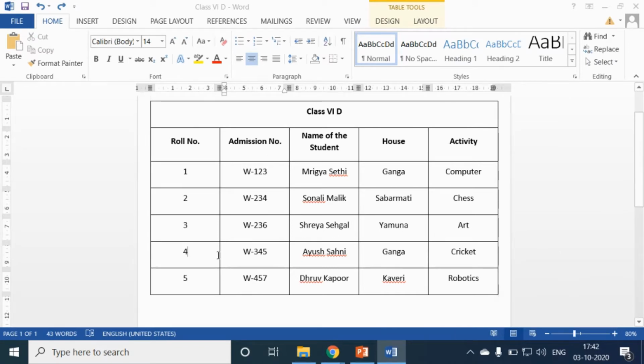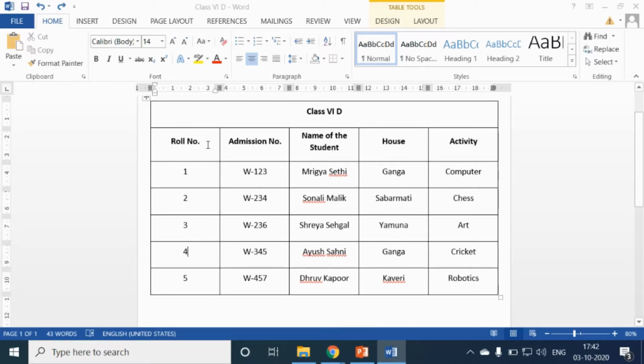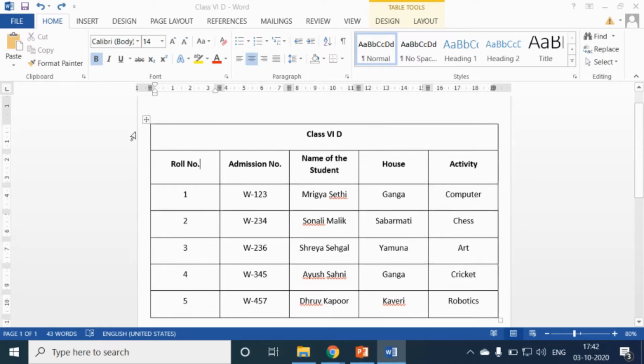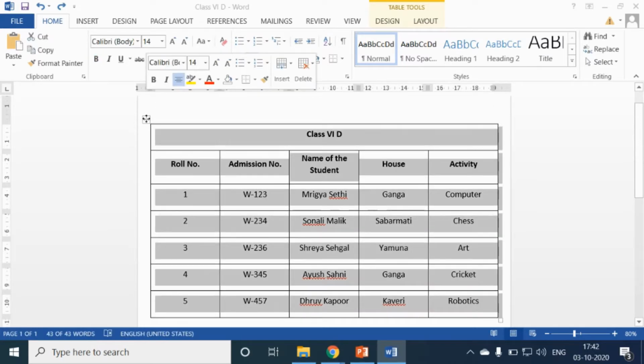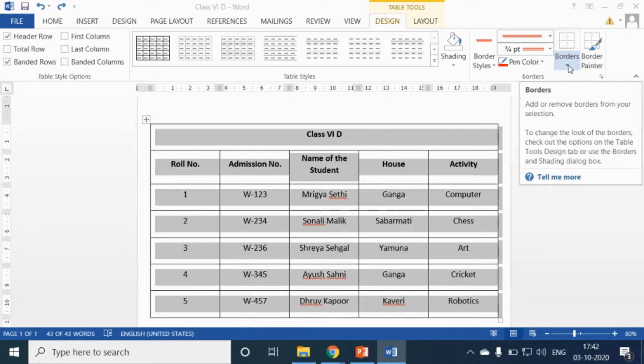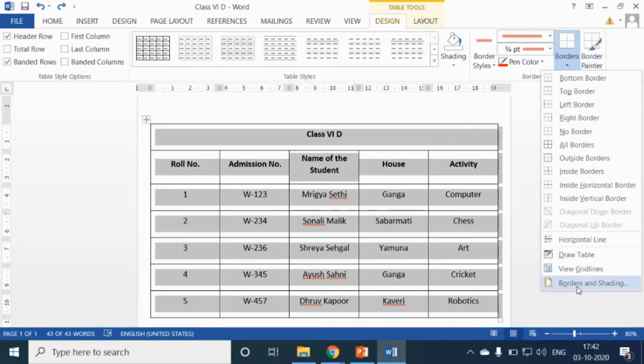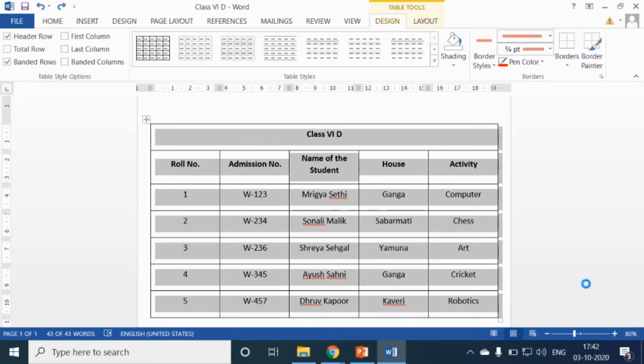First of all, position the cursor in any cell of a table to apply table border or select the cells to put border across them. So, students, first of all, select any one cell or you can select the whole table from this box given. Okay, students, so you can see our whole table is selected. Now, students, go to the design tab and in the borders group you can see here borders option. Click on this arrow and you can see one drop down list. Now click on the borders and shading option in the last.